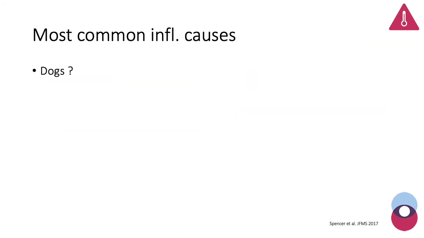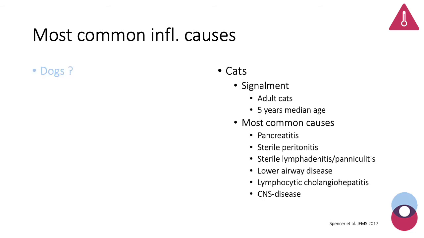Then, again, using these papers to group and find the most common inflammatory causes, I have put a question mark behind dogs, just because most of the causes reported would now be considered immune-mediated, except for potential pancreatitis, which we could potentially put in under here. However, in cats, the most common causes of the ones grouped into inflammatory causes from the study by Sarah